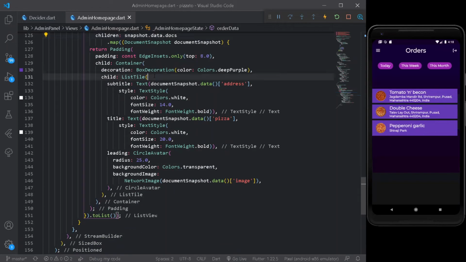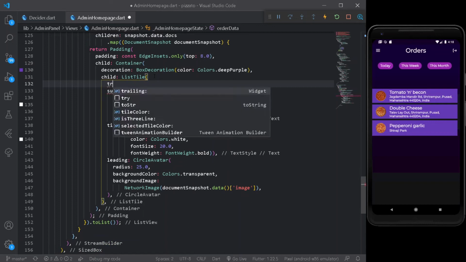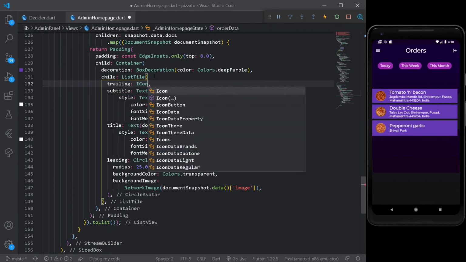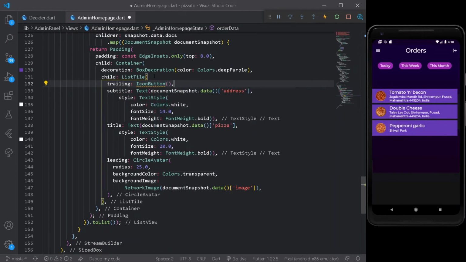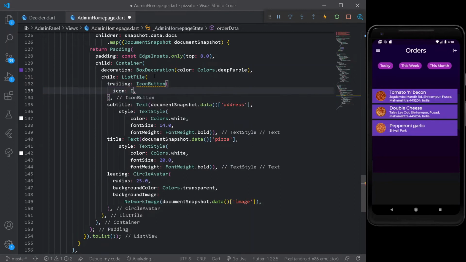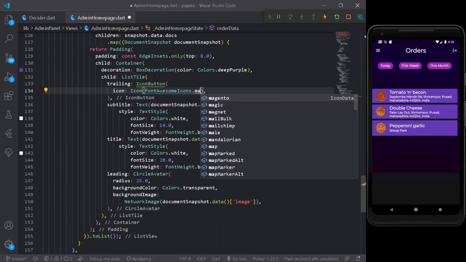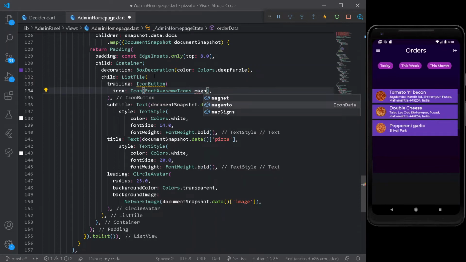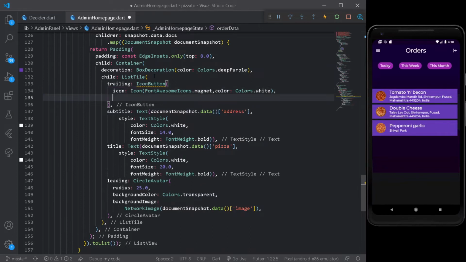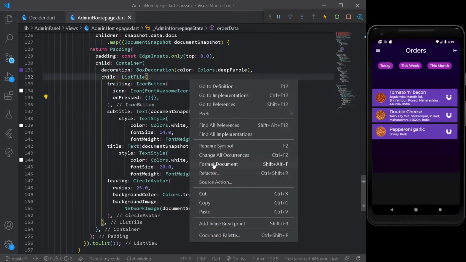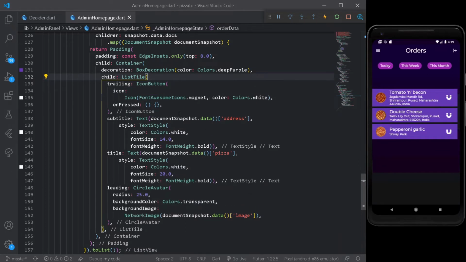So after having the following list style attributes, let's have a trailing widget for an icon button. Under this icon button let's have an icon in the form of font awesome icons, and from this let's have a magnet one. It is quite cool. Let's give it a color of colors white. Also let's have an on-press property to be null for now. Sorry buddy. So once we have everything here,